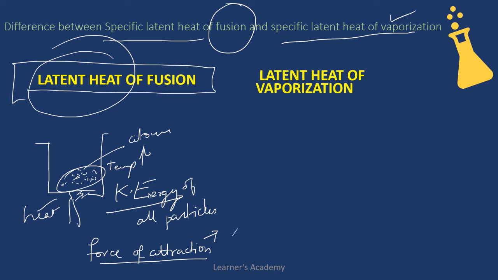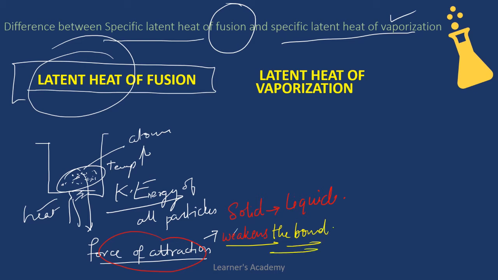All right, so this heat which is now absorbed by the solid substance is used in increasing the kinetic energy of the particles of the body, and also for doing work against this force of attraction which is there in between them. And as a result, what happens? The solid is converted into liquid. Why? Because in this case the temperature remains constant and the heat absorbed is used. Whatever heat that is absorbed is used for weakening the bonds and conversion into liquid phase, and this is called the latent heat of fusion.